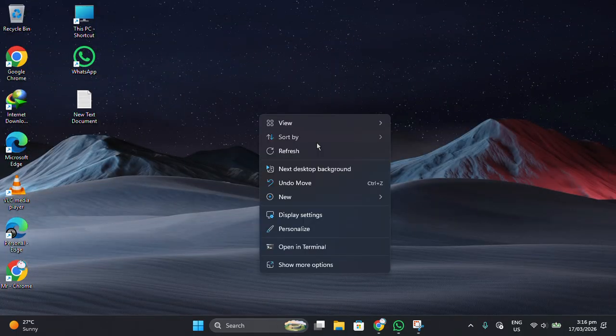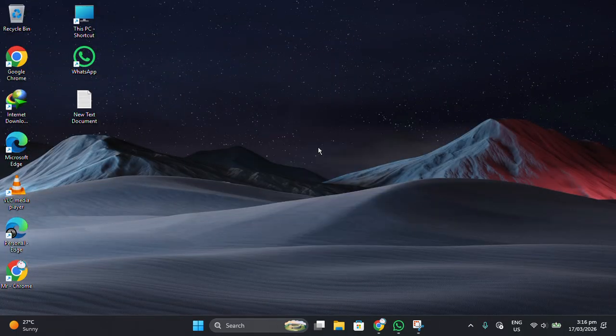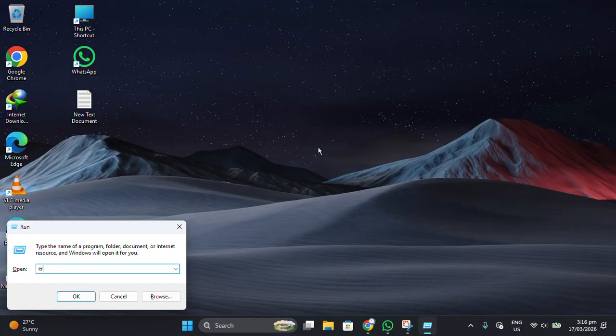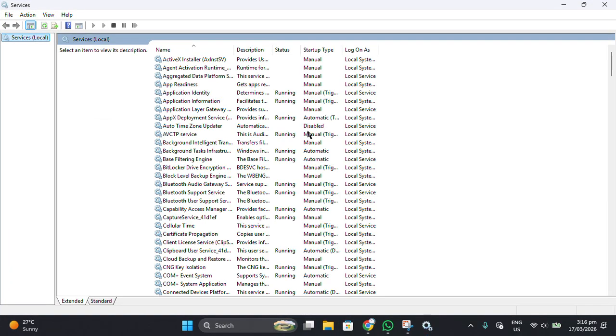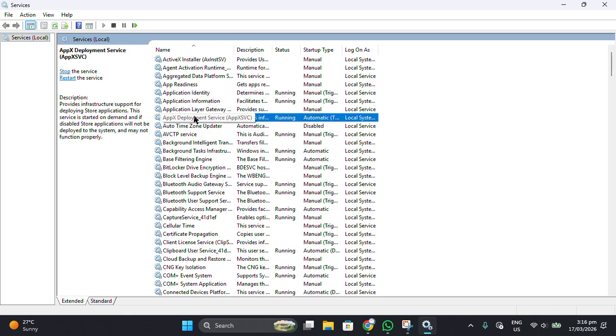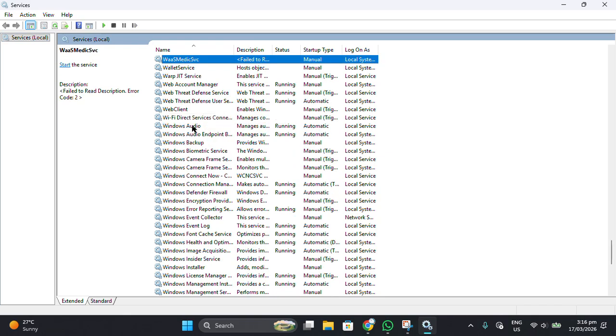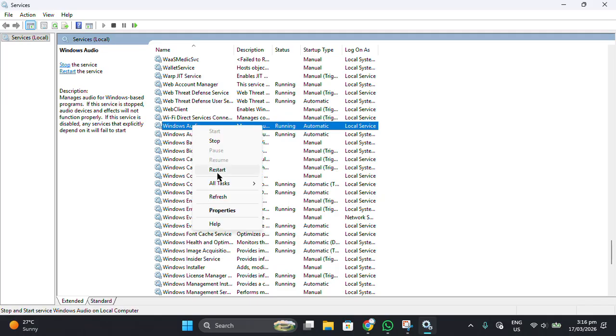And here you just have to press Windows plus R, then search for services.msc. Just right here, services.msc. Press OK or Enter from your keyboard. Now click on any one from here, then press W from your keyboard. And here look for audio, right click on it, and then click on